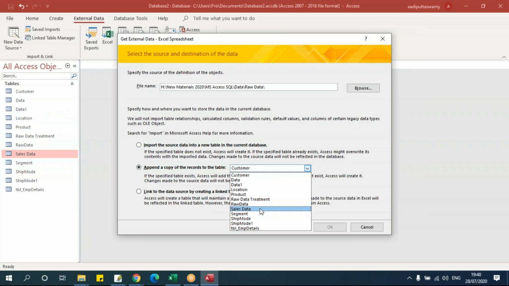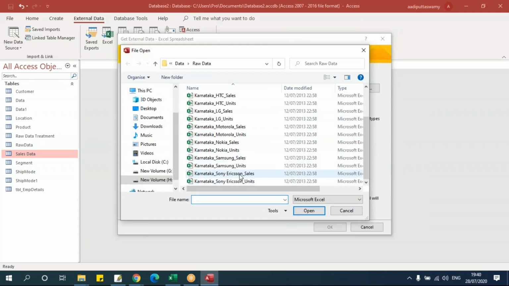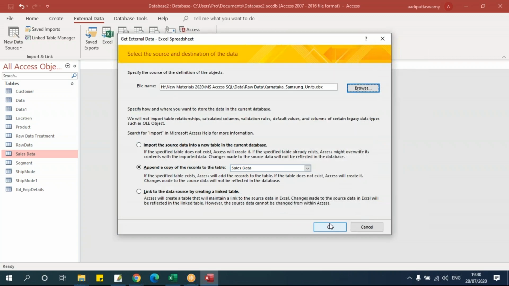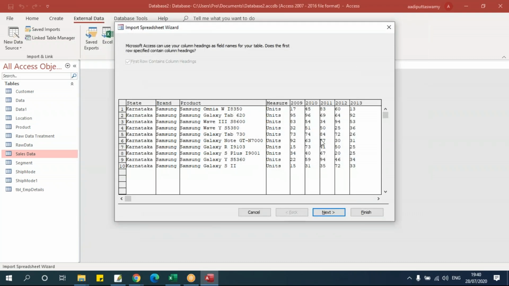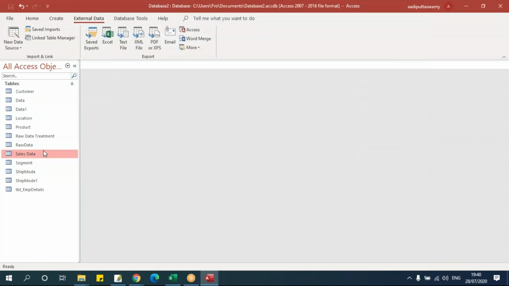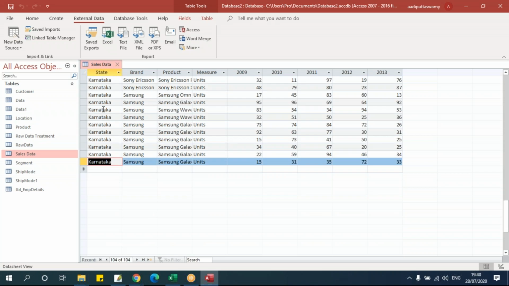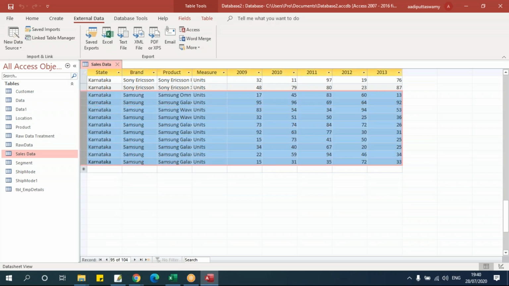We should have selected sales data. Browse. Then we'll select this Samsung. Say open. Say okay. Now we'll get the columns. Say finish. Let's go and open this. See, 104. Now the Samsung data got imported here.